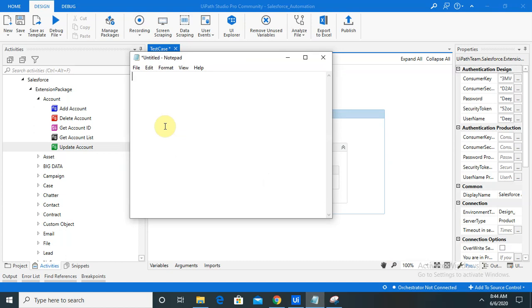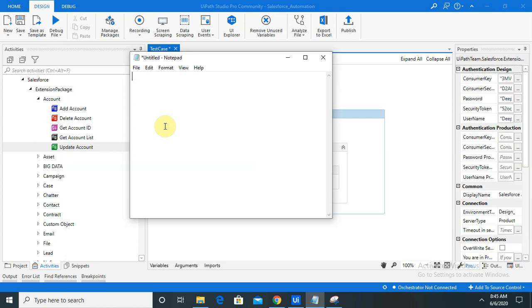So at the time of automation, you will need to have any account, and it's a repetitive process which we can automate for our convenience. Whenever it is required to add any account detail or update the account detail, we will assign this activity to the robot, and the robot will automatically do that within a fraction of a second. So basically it's how to add and manage the account in Salesforce using UiPath.